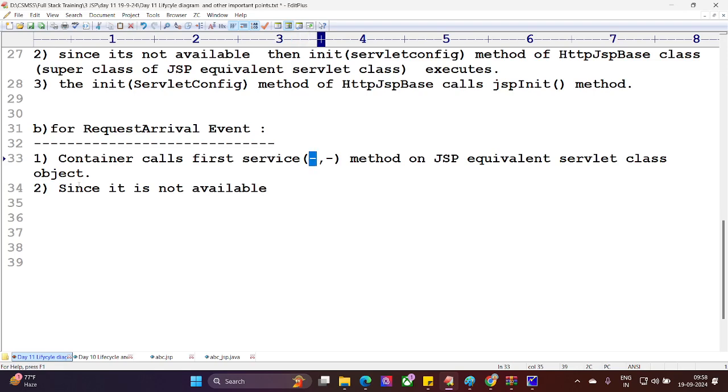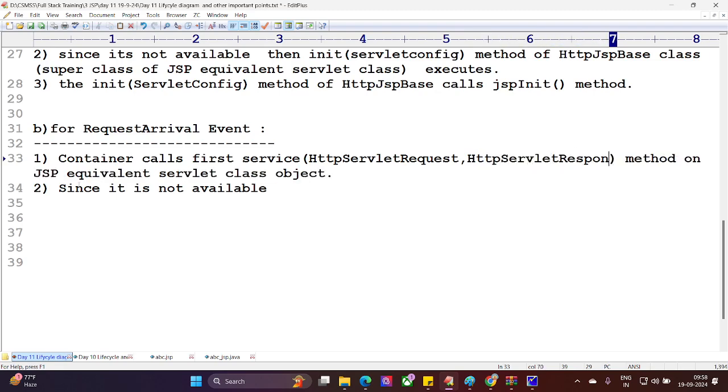Service method, which one is that? ServletRequest, or you can call HttpServletRequest. Request arrival, and here what will come? HttpServletResponse. Okay. Since it is not available, where? In my JSP equivalent Servlet program. Since it is not available in the JSP equivalent Servlet class,